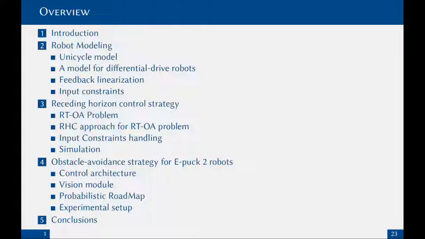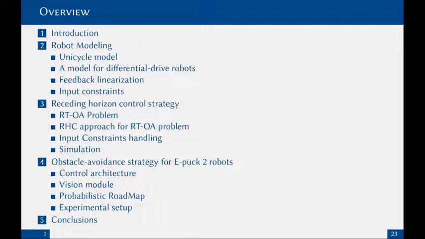First, a brief introduction to autonomous mobile robots will be shown. Then an approach to model differential drive robots will be proposed, followed by an in-depth description of the derived strategy. Finally, the benefits of such an approach are discussed by means of experimental results obtained using an IPAC2 differential drive